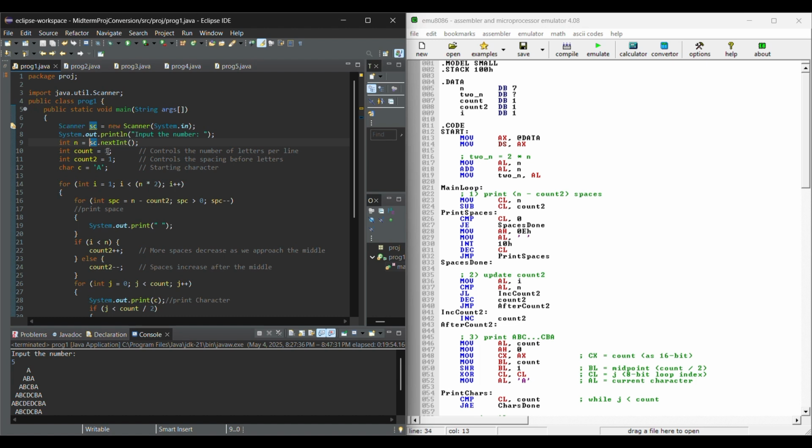After that, we set up 3 important variables. Count decides how many letters appear in each row. Count2 manages the leading spaces to center the diamond, and c starts at A and changes as we print letters. Now we are here at the main loop